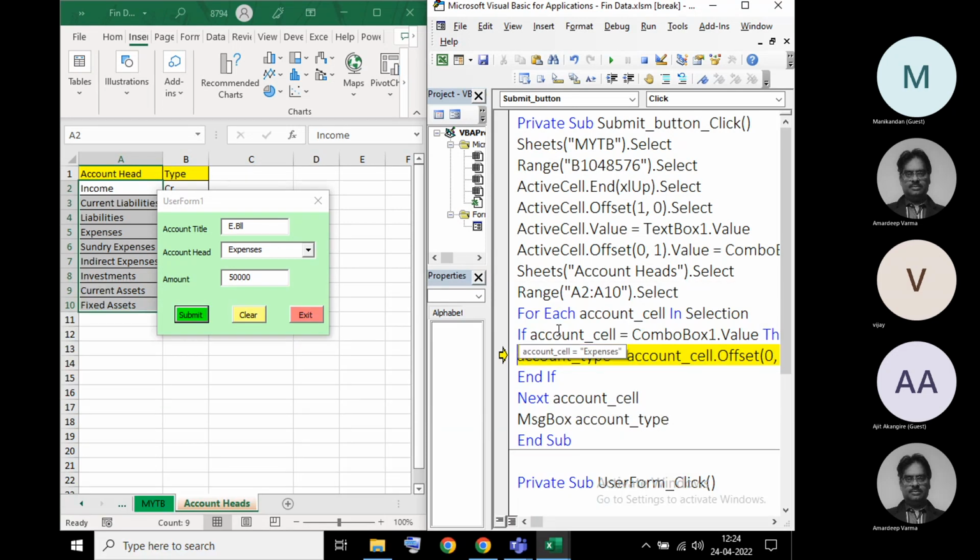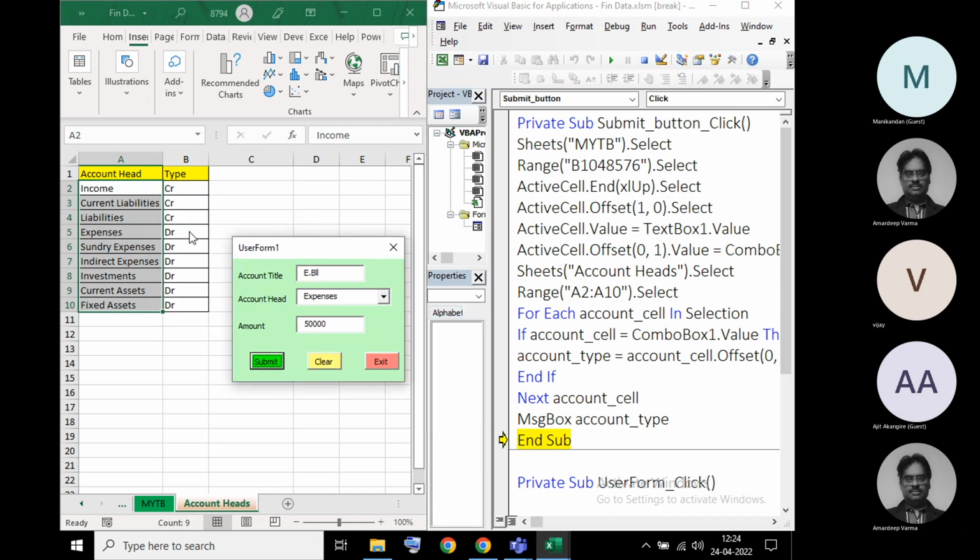Okay, account cell is expenses, again combo box value is expenses. So now it is saying account type, so you can see account type is DR. And see DR, right? So if it is DR, expenses is DR, correct. So it has picked the correct type. Now if it is DR,